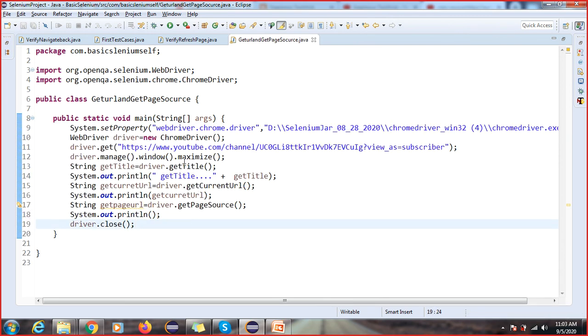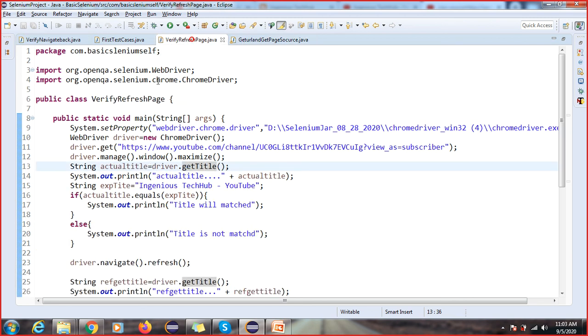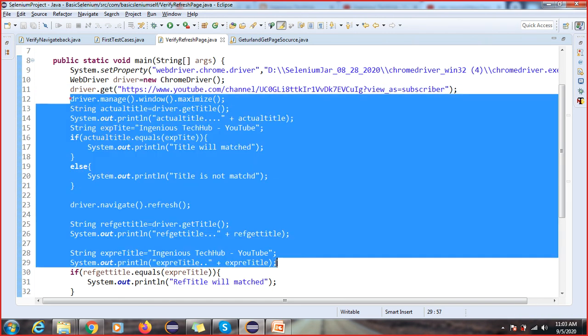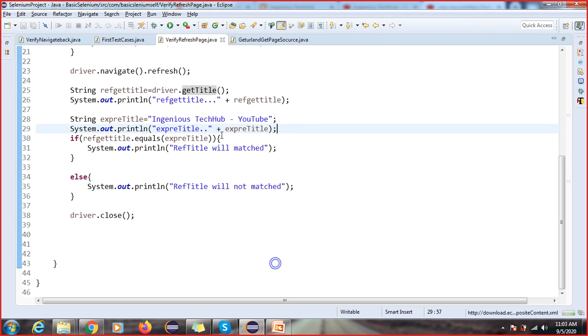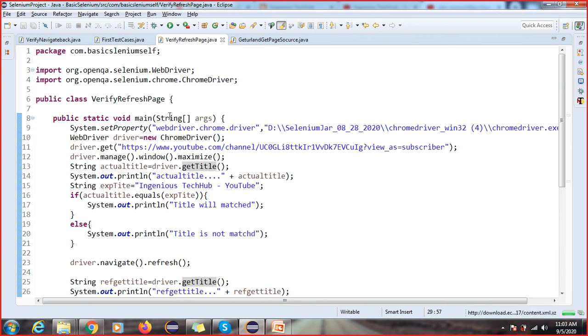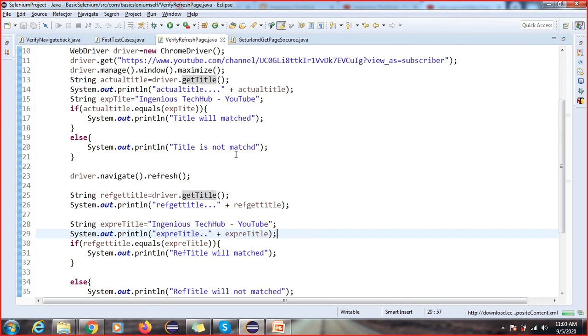Got it, right? So what is your assignment? We have done 3 test cases. This title you have to use with Amazon and you have to validate this. So this is your 3 code assignment, and tomorrow I will ask you whether you have completed it or not. This is your assignment you can do today, and tomorrow I will ask everyone. If you have any doubt, you can let me know. I will guide you on how to do that.